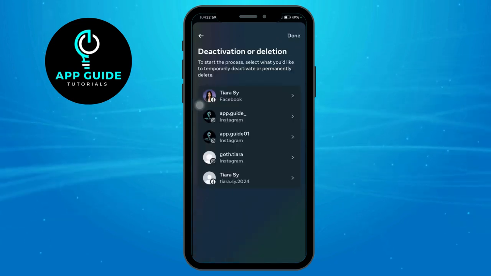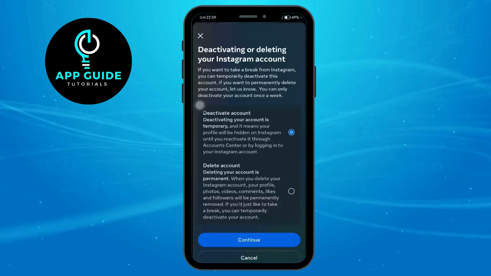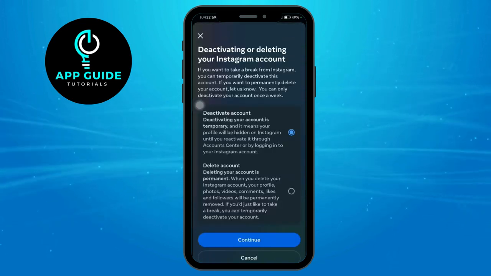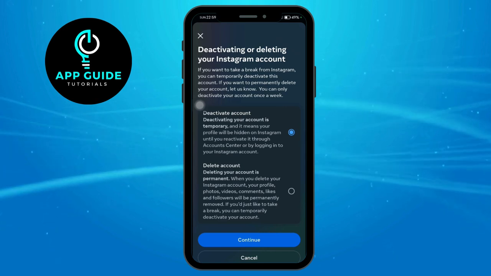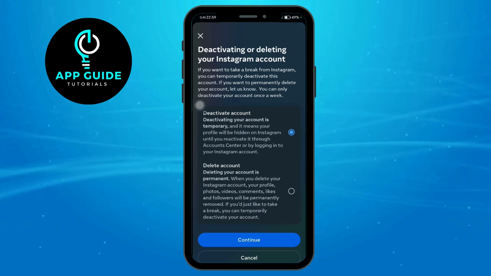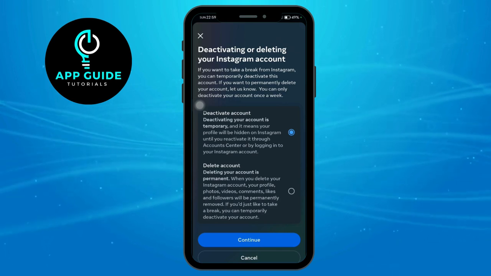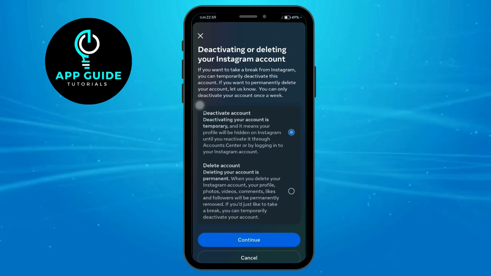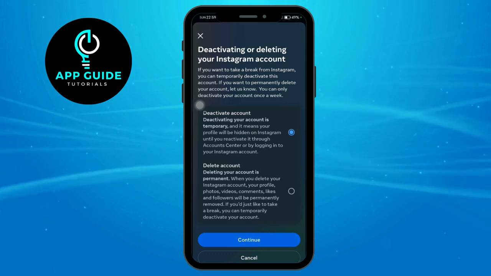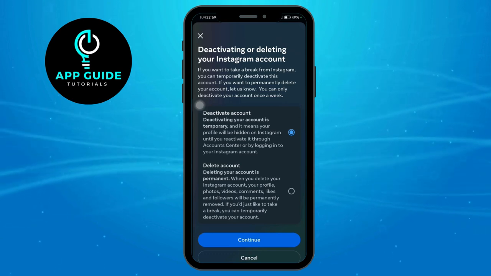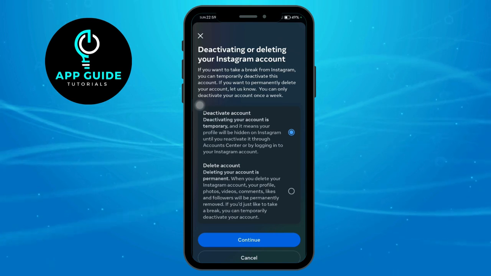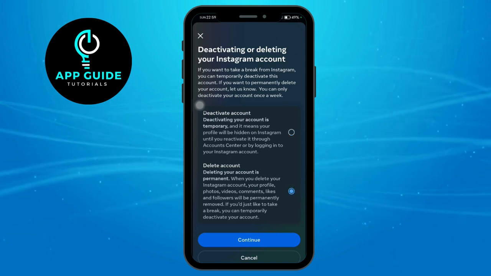After that, we just have to tap on our Instagram account and choose between deactivating your account and deleting your account. Deactivation is a temporary measure that will hide your Instagram, while deletion of Instagram will delete every content, every trace of your account ever existing. So all you have to do if you want to delete your account is to select delete account right here